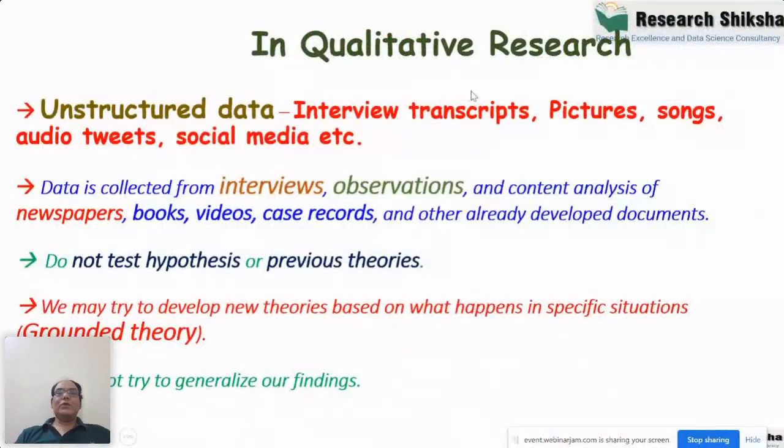So now let's focus on qualitative research only. In qualitative research, the type of data is unstructured data. We only require unstructured data in qualitative research. So which kind of unstructured data? Like we require interview transcripts. This word transcript is very popular in qualitative research. The transcript means